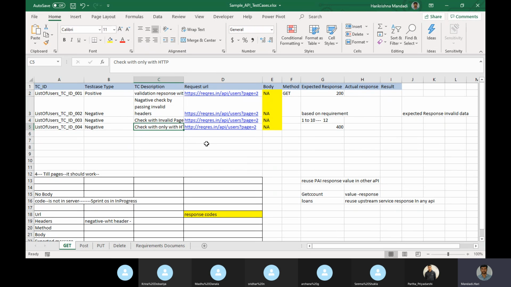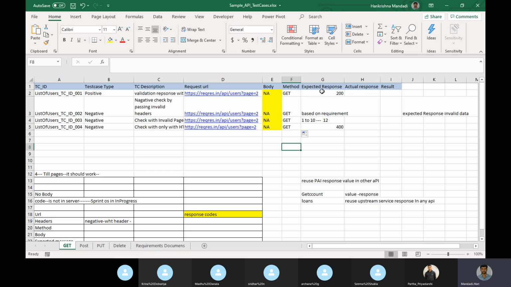Next one, check with only the HTTP method. If you see the URLs, the above URLs have HTTPS, but here it has only the HTTP method, and the method is GET for all of them.